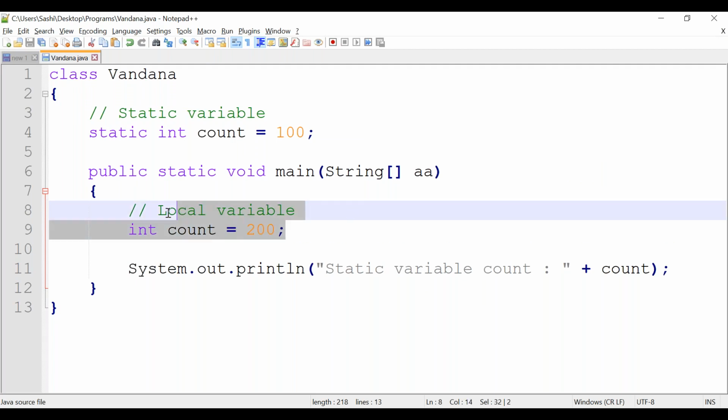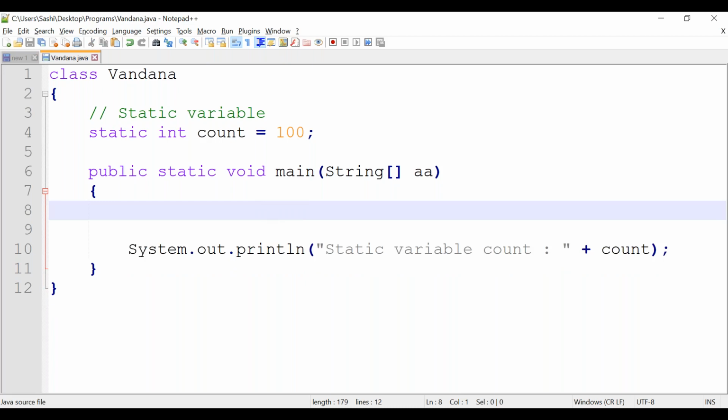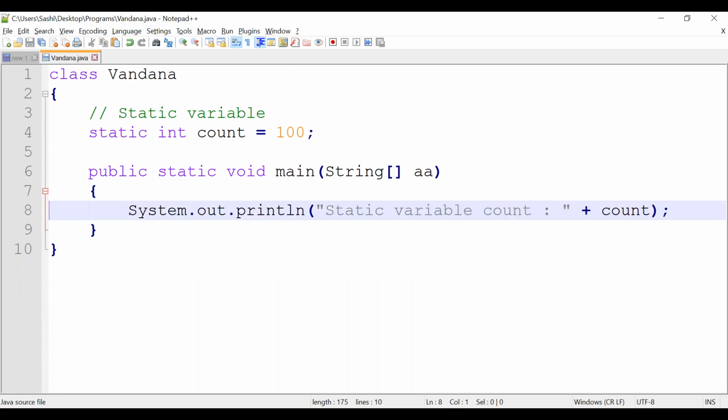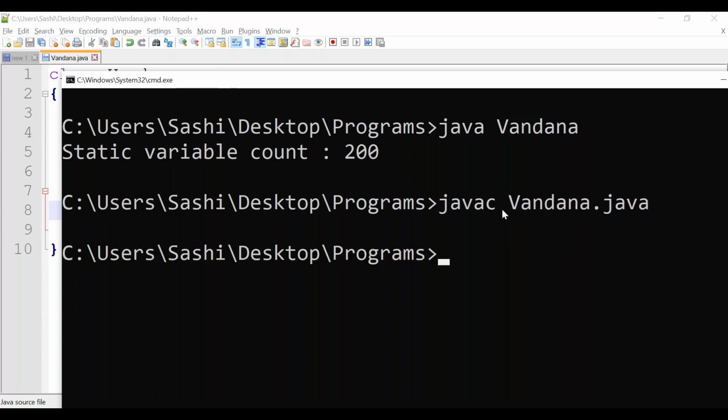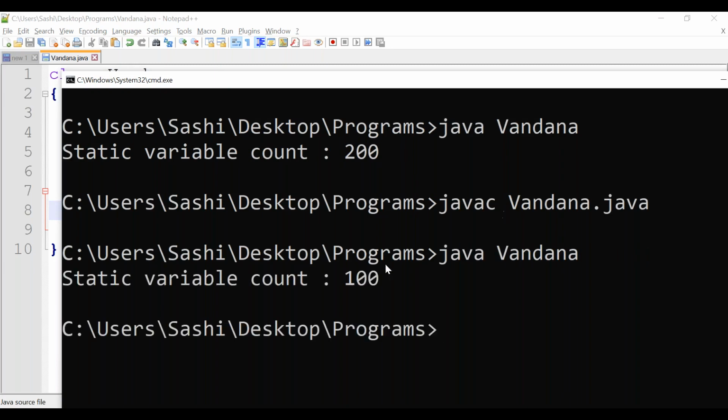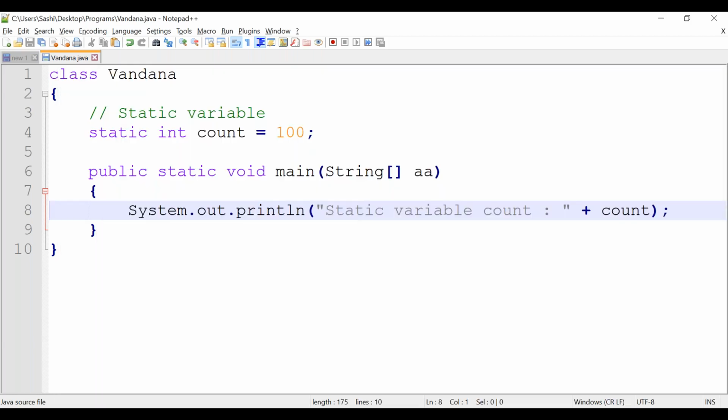If the local variable is not there, what is the output? Let's recompile again and just check. You are getting the static variable value, correct? If the local variable is not there, you are getting the static variable value, right?